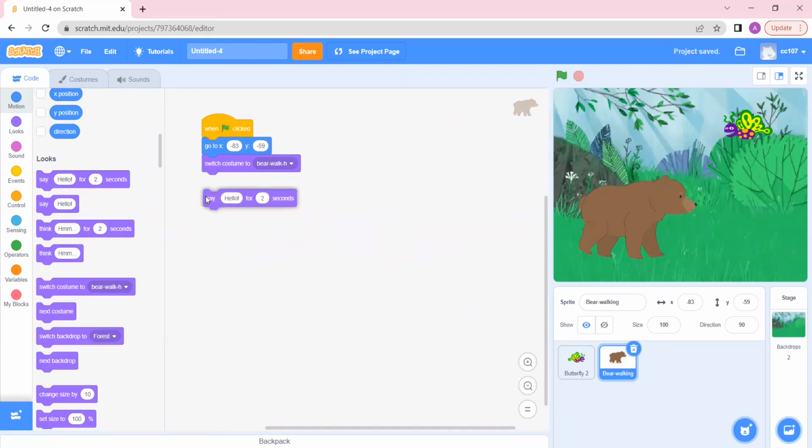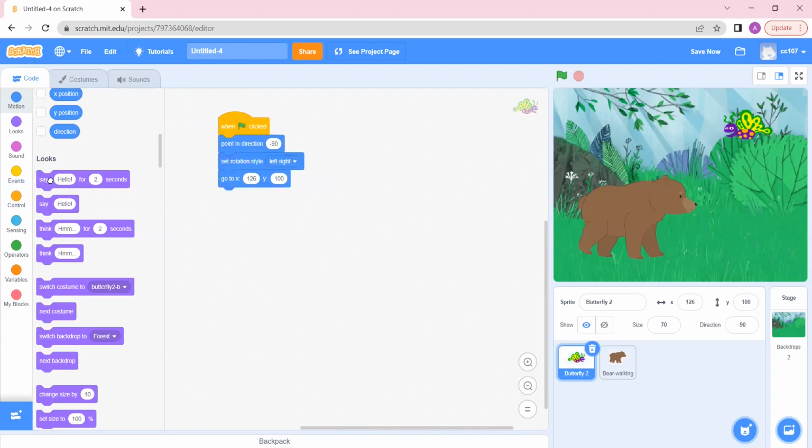Now I'll take this and I'll place it over here. So what should the bear say? The bear should say hello. Butterfly. And then the butterfly should say,